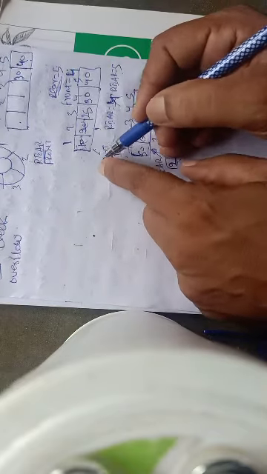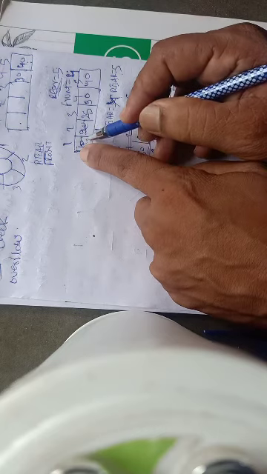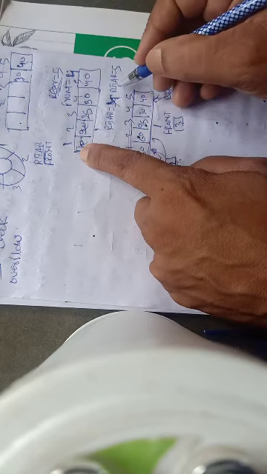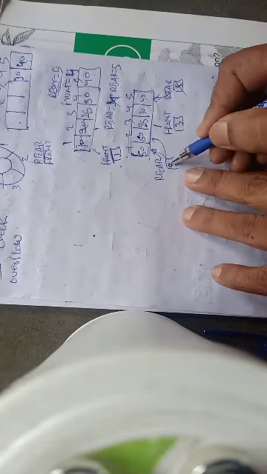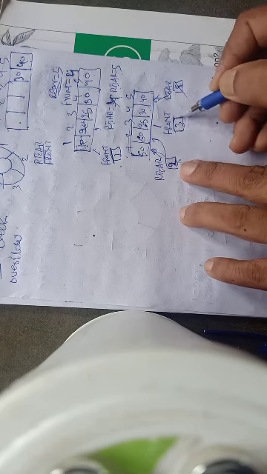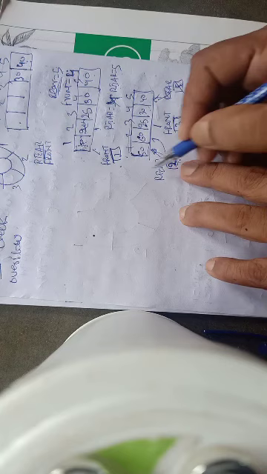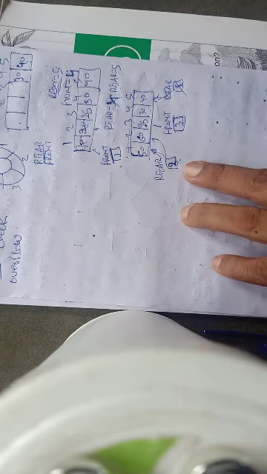In one case, it might happen that front is 1, so front is positioned at the first element, and after that all the elements are inserted and rear becomes 5. This is one situation where we say it is overflow. Another situation is when the value of rear is just 1 less than front. This is also an overflow situation. So there are two possible cases. Now we have to define one single criterion for these two cases.